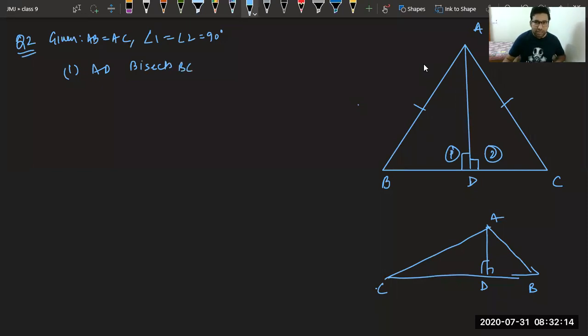We have to prove BD equal to DC. So you have to understand, to prove these two equal, you will take triangle ABD and ADC. It will be proved very easily. And second, you have to prove AD bisects angle A. You have to prove that this 3 equal to 4. These both will be proved by CPCT, and with this I stop here.